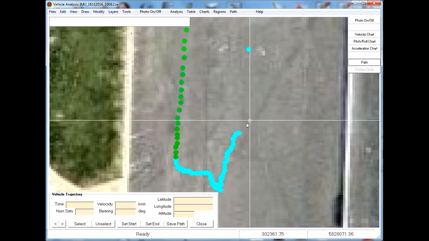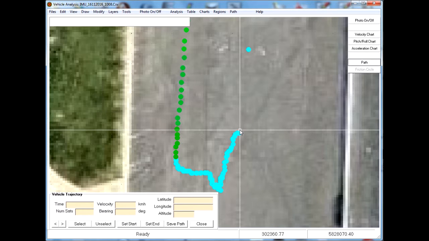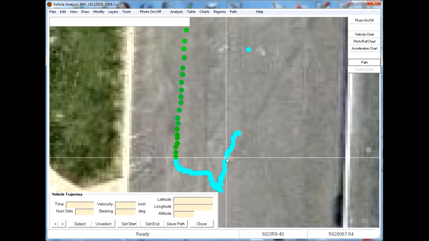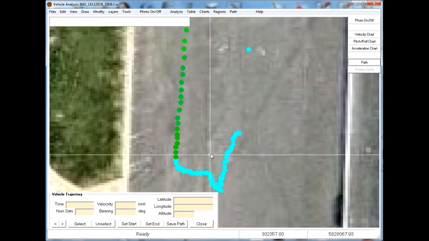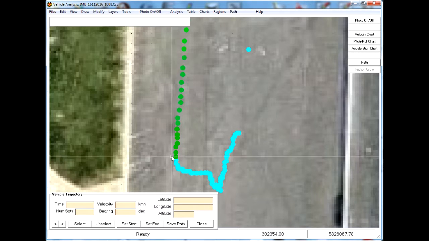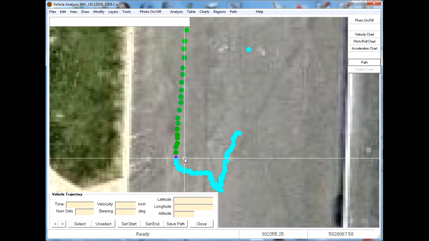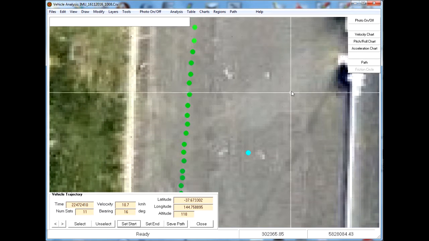So the cyan points are any velocity 0 or close to 0, so the vehicle was barely moving where the cyan points are. So we would like to start at this dot, so we highlight that point and we set start. We select that point, so we have to select it and then pick up the data for that point, and then we set start, and we set a start position, and then we can drag the